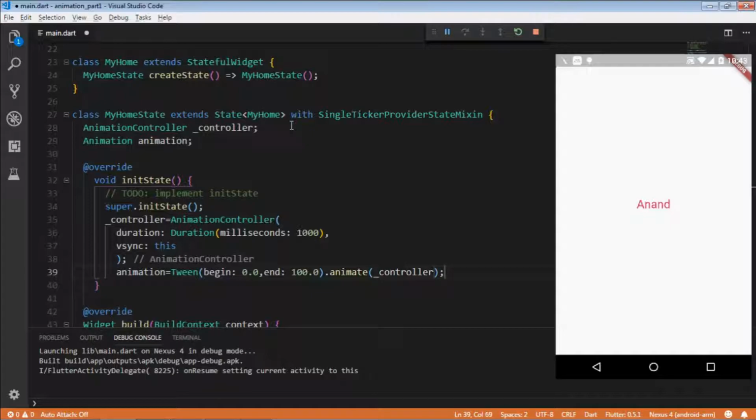So up till here, this tween is giving values from 0.0 to 100.0, and that is of double type. So I'll be taking double here. Okay, that's fine. Now this animation holds the current value and state